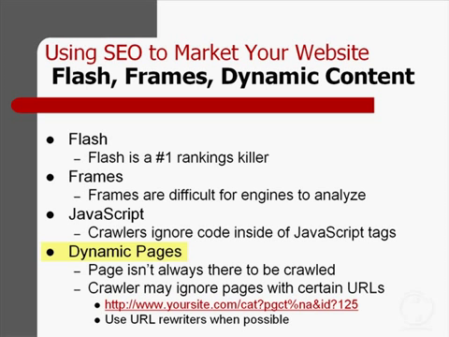And lastly, there's dynamic pages. Now, these are pages that are automatically generated by a web application, such as a content management system. You can usually spot a dynamic page by looking at the URL and seeing any question marks or strange ID numbers that represent parameters and unique identifiers created by the web application. Now, as far as search engines are concerned, there's two reasons that dynamic pages can be a problem. One is that the page isn't always there to be crawled. Sometimes these pages are created on the fly, meaning when the user selects a certain option or is limited to